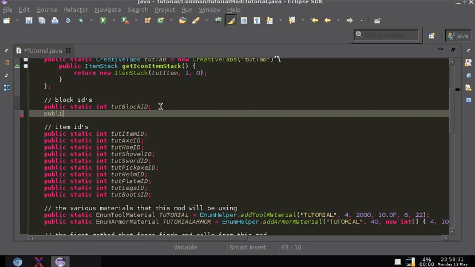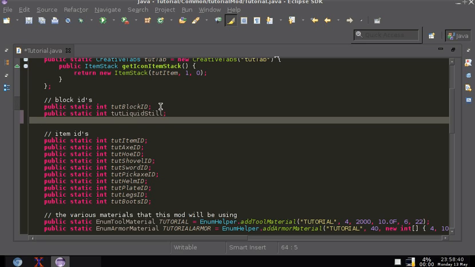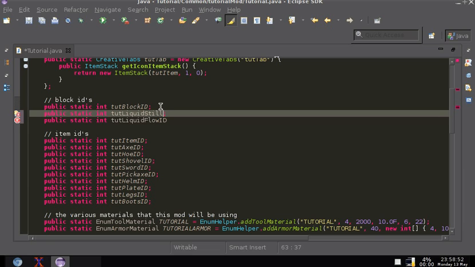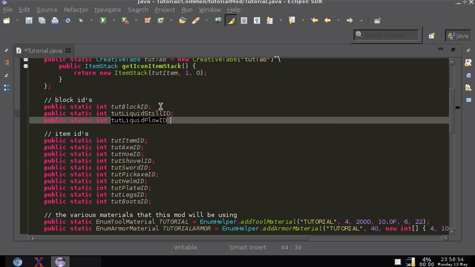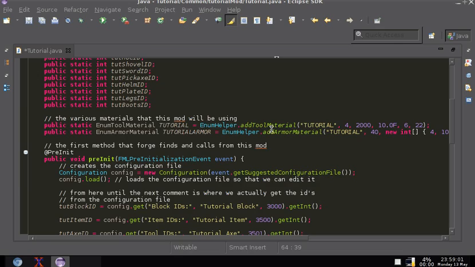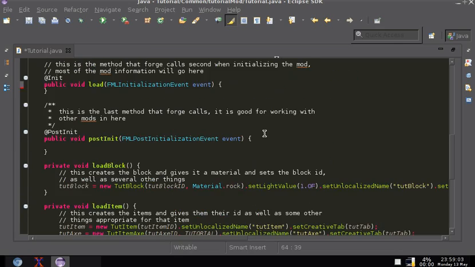So public static int tutLiquidStillID, and public static int tutLiquidFlowID, semicolon. There we go. So then underneath here